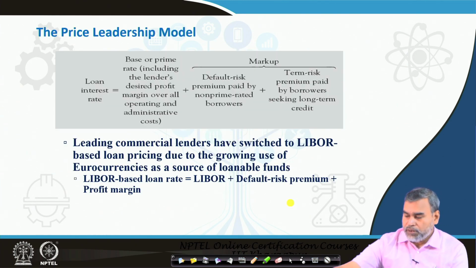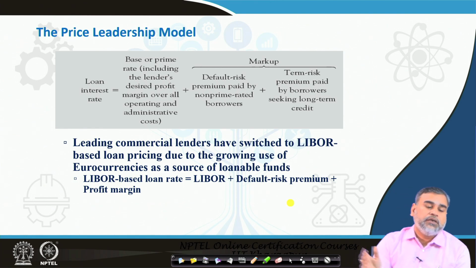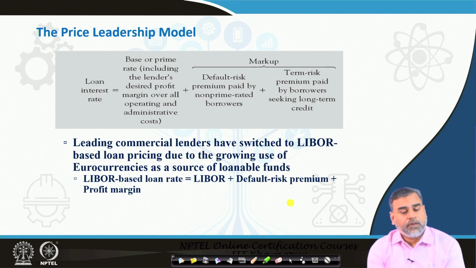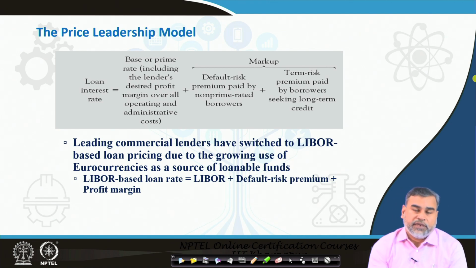Then we have another model that we can see, that is the price leadership model. In the price leadership model, sometimes whenever you go for the cost plus pricing model, it may give you a misleading result, because the bank may not be able to exactly calculate how much cost they are going to incur against the different types of loans. So, because of that, the bank can go for a leader, the leading lending organization in that particular system, and whatever base rate or lending rate they are using can be used as a base rate for them.